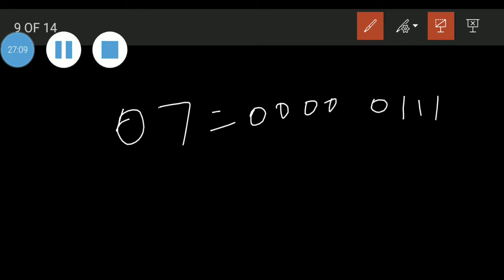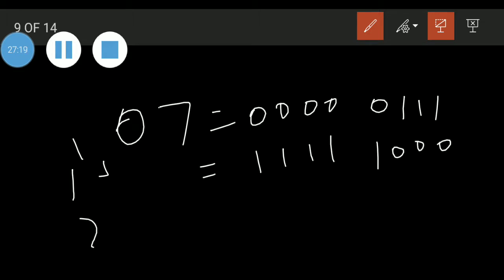Suppose I have a number 07. I will convert it into binary. First I will get the 1's complement. So the 1's complement means 1 1 1 1 1 0 0 0. In the 2's complement, what do we do?